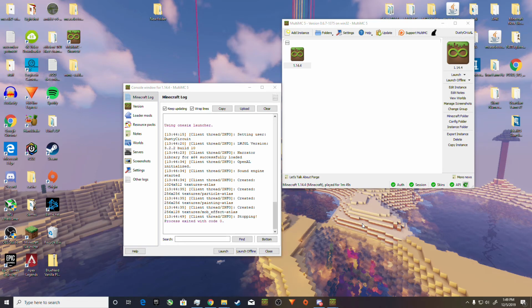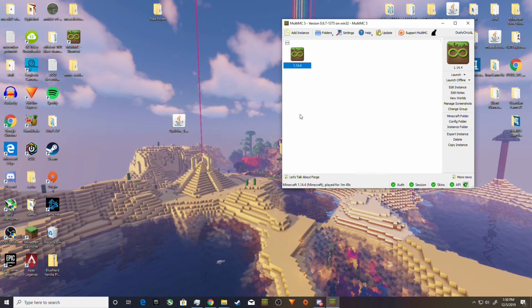I'm going to walk you through the whole process, and then after that, how to install the mods you like. Or if you don't even want to use mods, you can just use Fabric and Optifine standalone. But if you want mods, it's not that difficult to do that. So anyway,